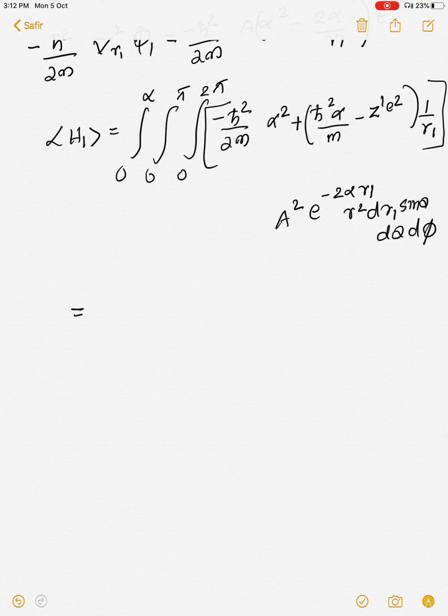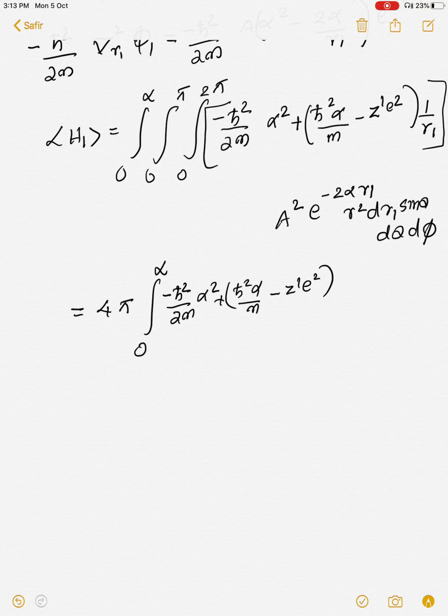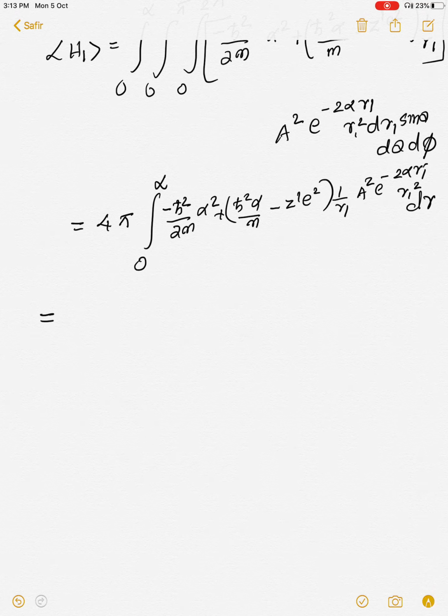So 4 pi comes out, and the remaining integration is from 0 to infinity of minus h cut square by 2m alpha square plus h cut square alpha by m minus z prime e square 1 by r1, times a square e power minus 2 alpha r1 square e power, that's all into dr. This is what I am going to find. I am just rearranging this equation, and I got 4 pi